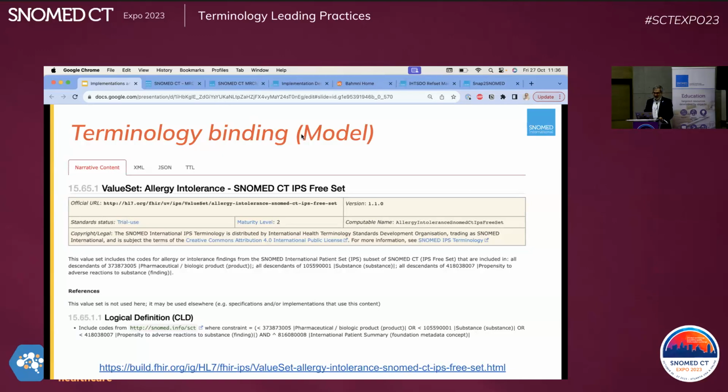Also, one important function of ECL is to define terminology bindings. Terminology bindings define what the possible values are that you can use in an information model. Yes, and HL7 FHIR uses ECL to do that. We are looking here at the value set definition in FHIR for the AllergyIntolerance resource, where, for the code of the allergy intolerance or the causative agent of the allergy, FHIR explains what the possible values for that field are using